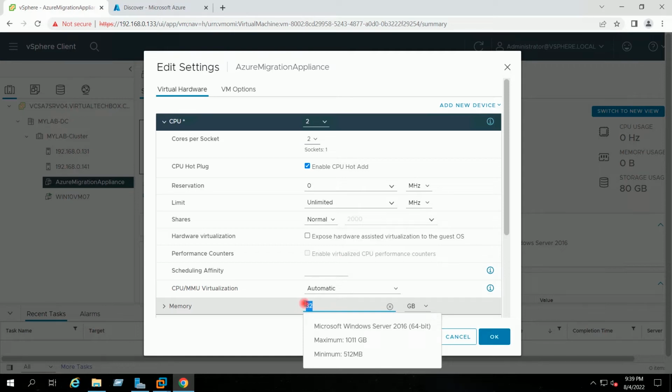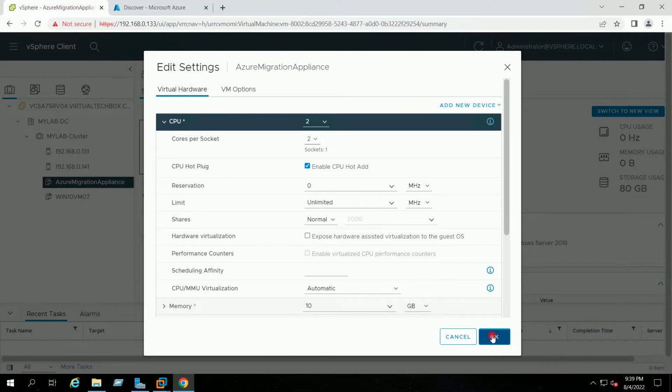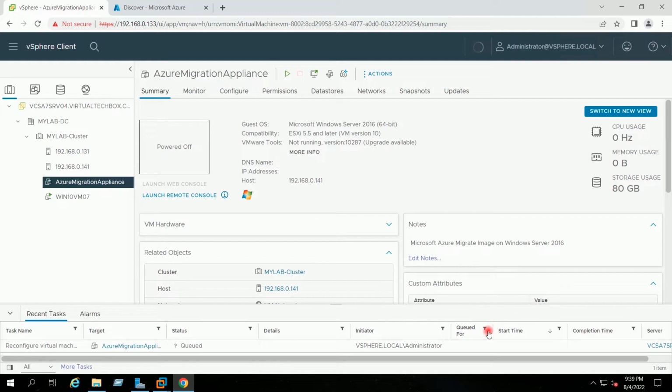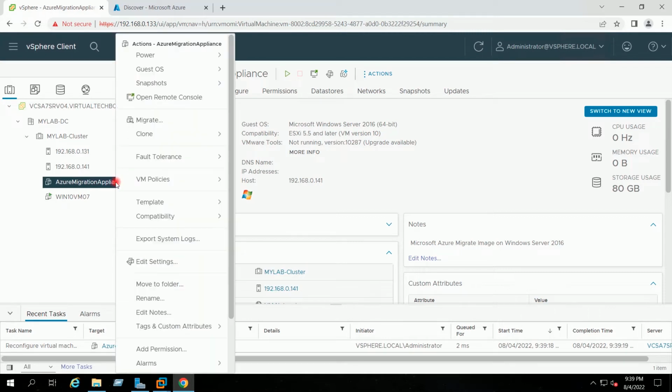I will make the RAM 10 GB. Okay. I will now go ahead and power on the appliance.